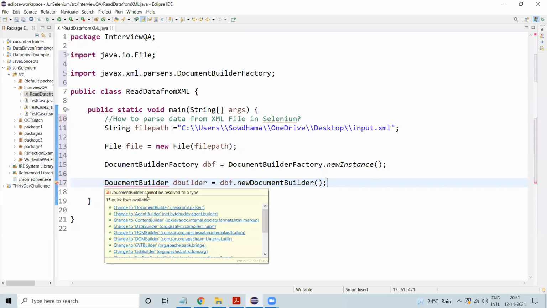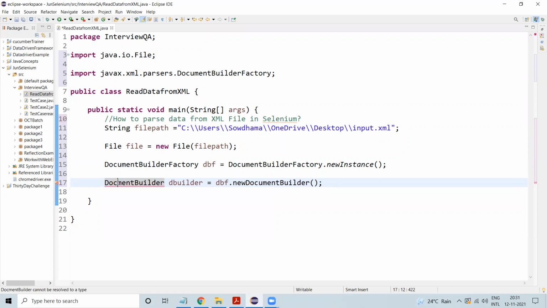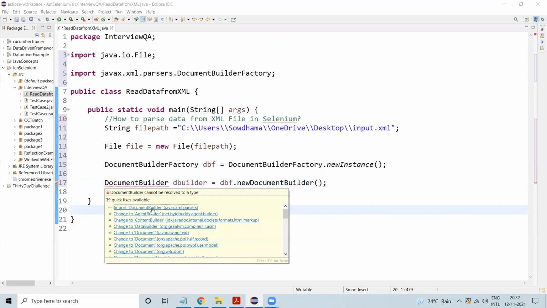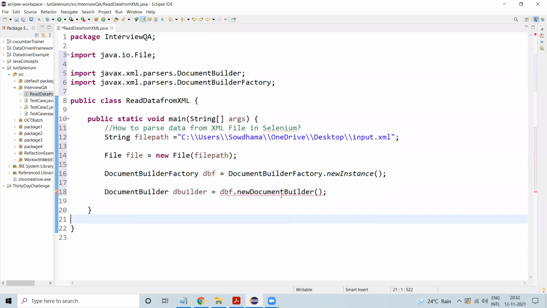We need to import the file. This one we need to import. So here it is asking to add throws declaration or surround with try catch block. Whenever you are creating a File class, or if you want to read or write an XML or Excel file, it will ask you to add a throws declaration.